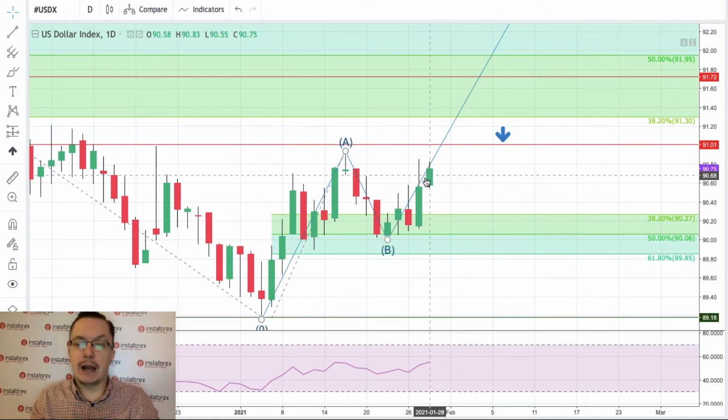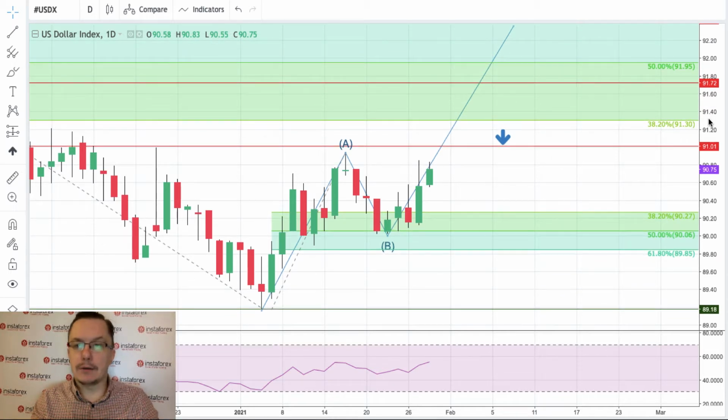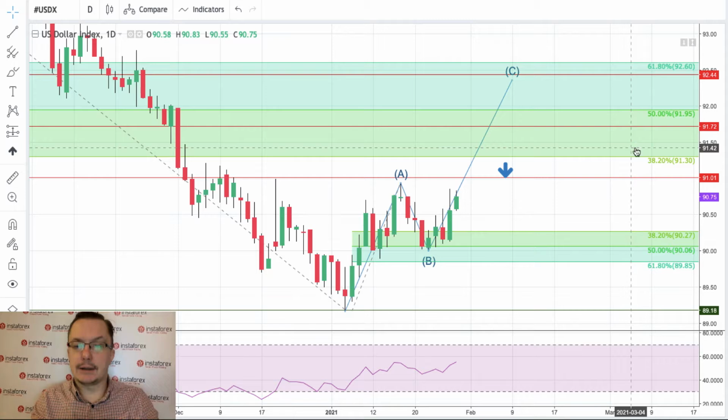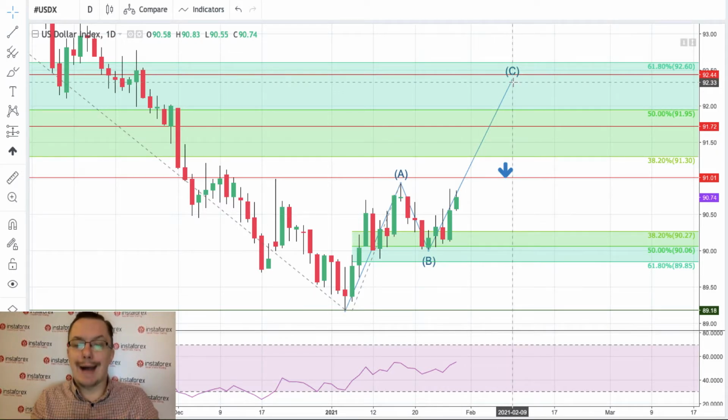It's early in the morning and we have a green candle. Of course, there are plenty of hours to close the candle. This is a daily time frame chart, so the target, if there's still potential for the green candle to go higher, is 91.1. This is where the blue arrow is, and of course then we got all of this Fibonacci retracement, right? So we got the targets for wave C at 91.30, 91.95 and 92.60. Between these levels there are some technical resistances like 92.44 and 91.72. We will see where wave C will terminate.